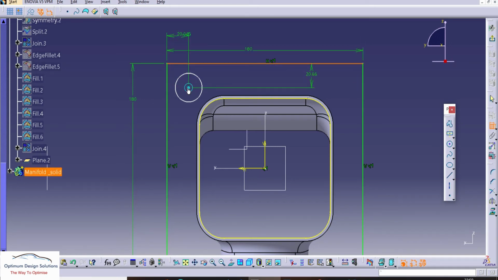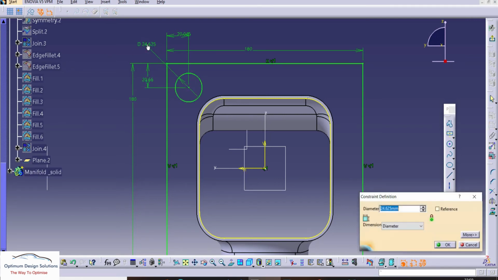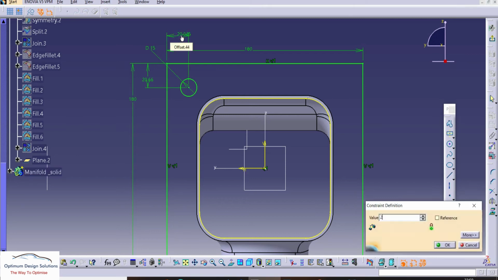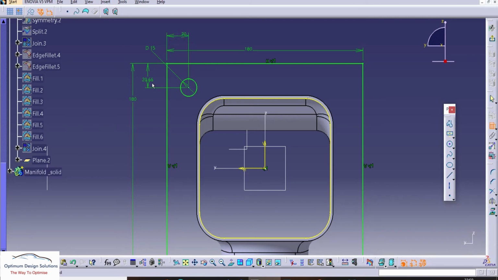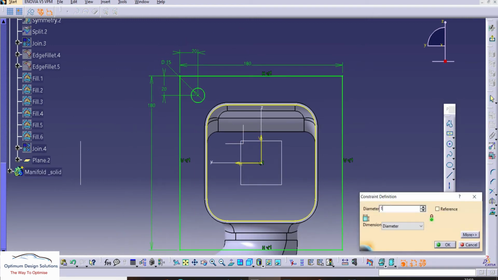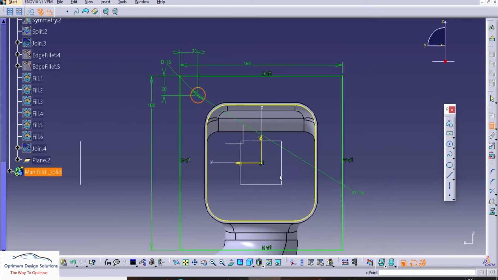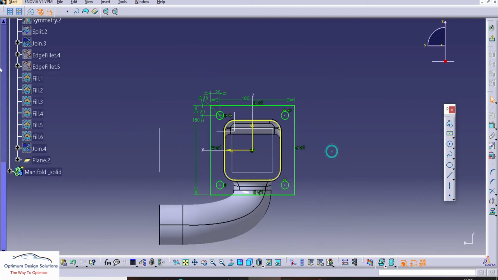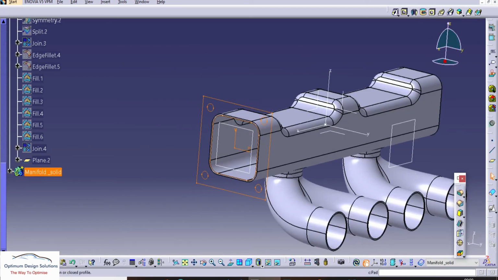Let's take dimensions 20 mm from each corner, and the diameter of 15 mm. So this is the 20 mm. We'll edit and use a diameter of 16, so that the M14 can be inserted. So there are four mounting holes, and we'll do that.